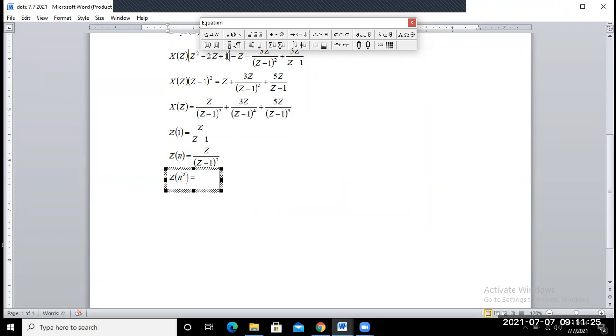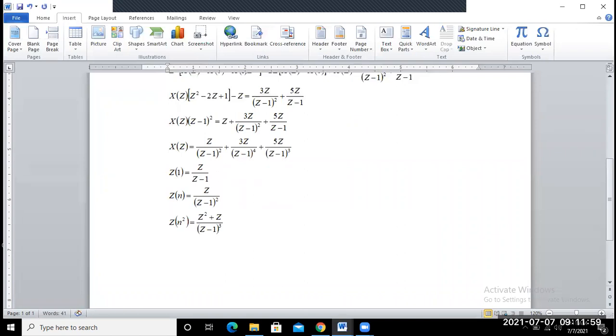Okay, so z square plus z by z minus 1 whole cube, plus z by z minus 1 whole cube. Okay. And similarly, the z transform of n cube